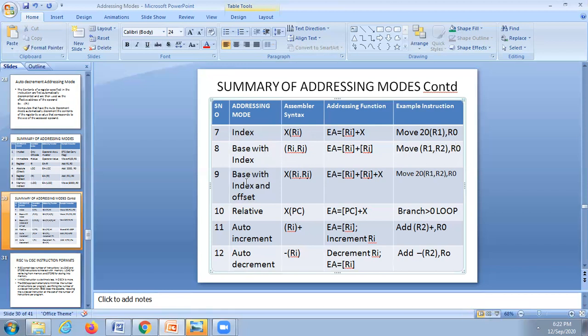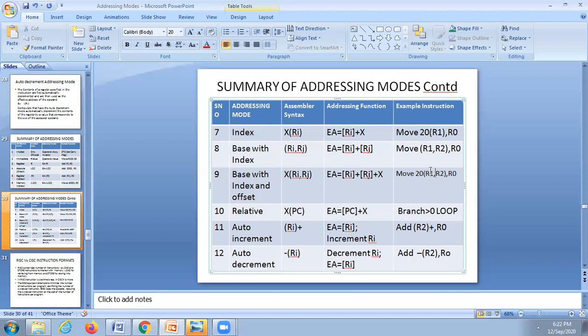The next one is base with index and offset addressing mode. The syntax is given as X of Ri, Rj. Here the effective address is the contents of Ri plus the contents of Rj plus this offset. Here the example is 20, R1, R2, where R1 is the index register, R2 is the base register.